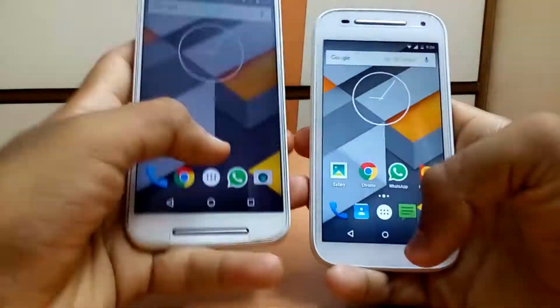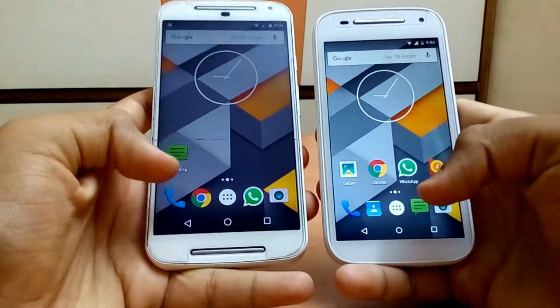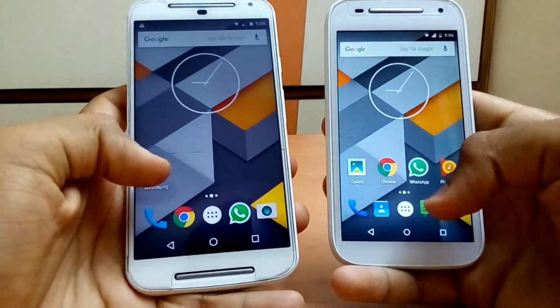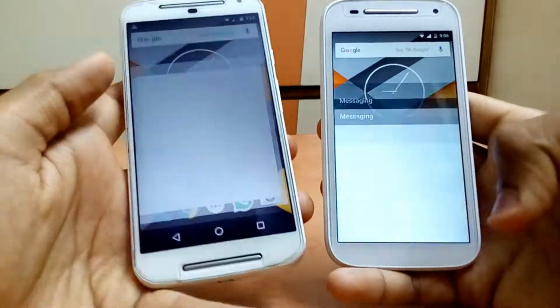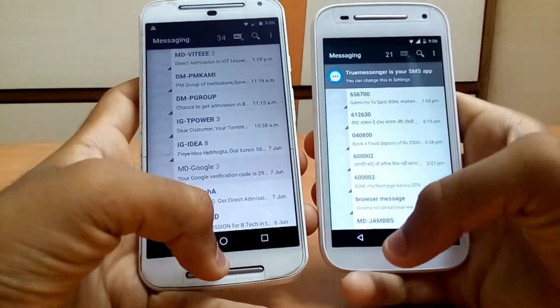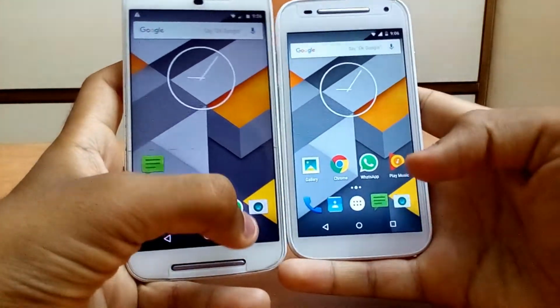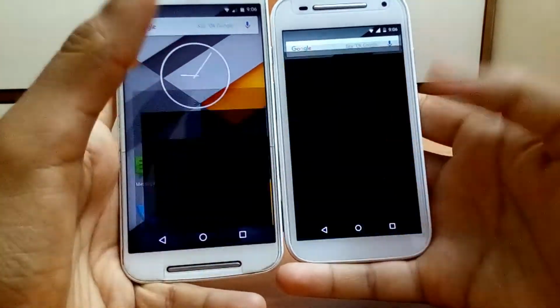Okay, so we will minimize it, and now third we will run the messaging app. That's running. Here Moto G second generation wins again, and time for camera. So let's open the camera.